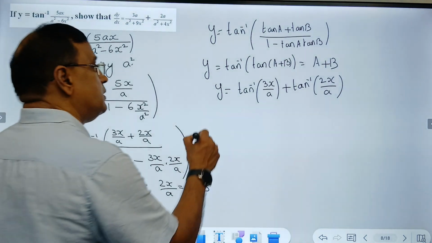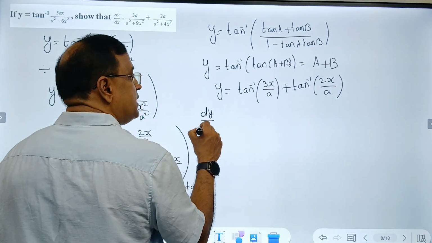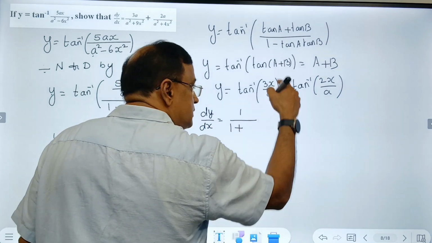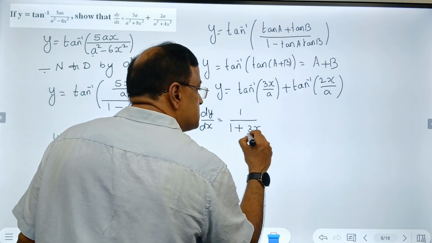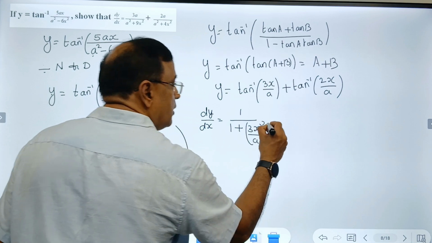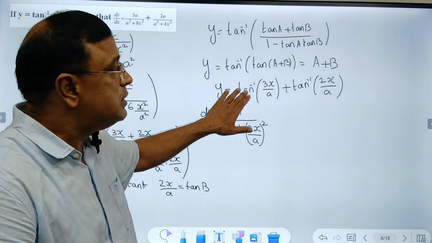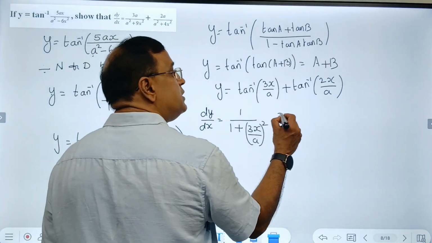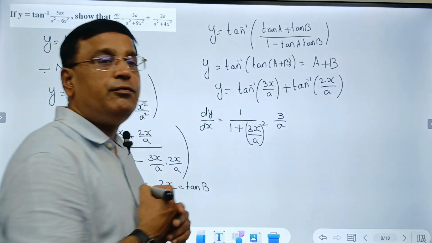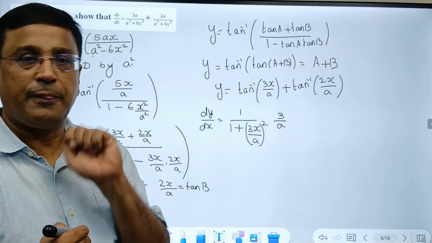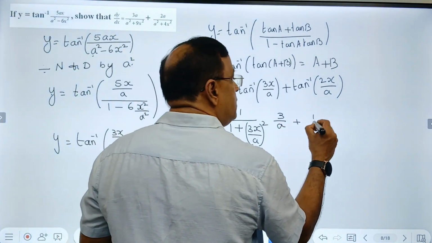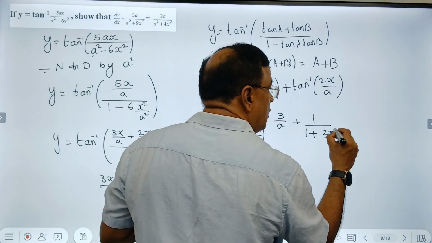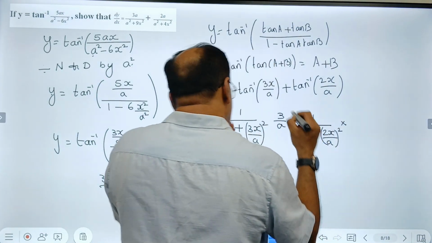Now I am going to differentiate. dy by dx. What is the differentiation of tan inverse? 1 by 1 plus this square. What is this? 3x by a whole square. So I have differentiated tan inverse. Now what do I have to differentiate? I have to differentiate 3x by a. How do I differentiate? 3 by a is a constant. Differentiation of x is 1. Plus 1 by 1 plus this square, which is 2x by a whole square, into